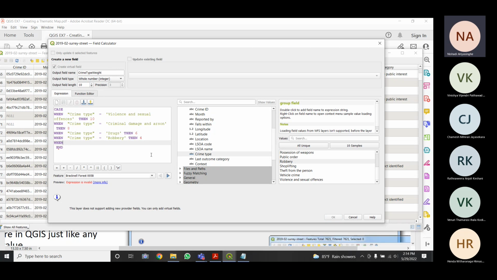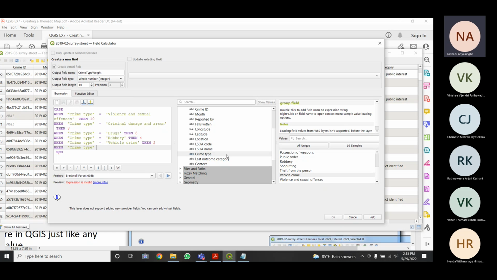And when crime type equals, let's say vehicle crime, just deciding and writing this. Yeah, like that. And let's write another one.